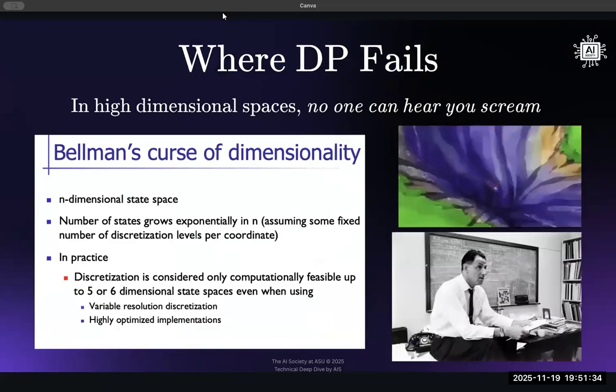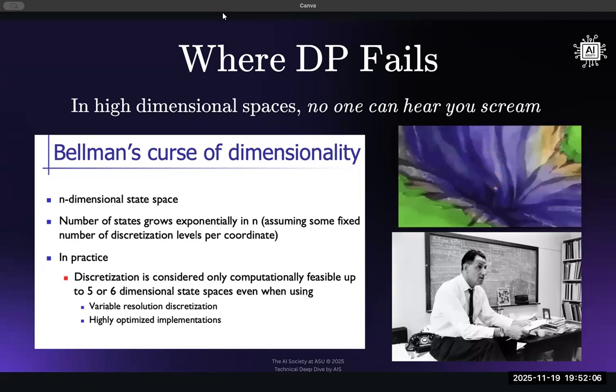But dynamic programming, the main drawback of it is the curse of dimensionality. As we increase the size of the problem, higher dimensions, it's going to be harder and harder. More computational power is going to be needed, and it's going to take longer to evaluate our algorithms. And that's where it fails. We then need to consider different options.